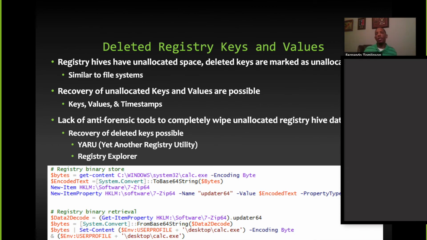All right, so looking at deleted registry keys. In this case, we talked about a couple of tools that allow us to do it. We're going to go in and delete them. This screenshot is a copy from the previous one, but at the bottom, notice how we have cover our tracks. So I'm going to go in there and now remove it.